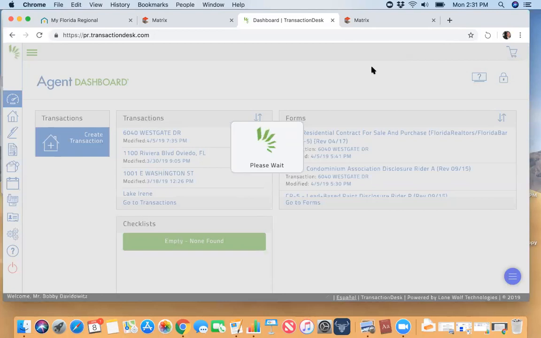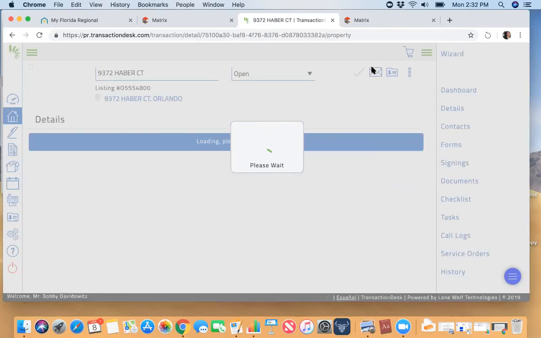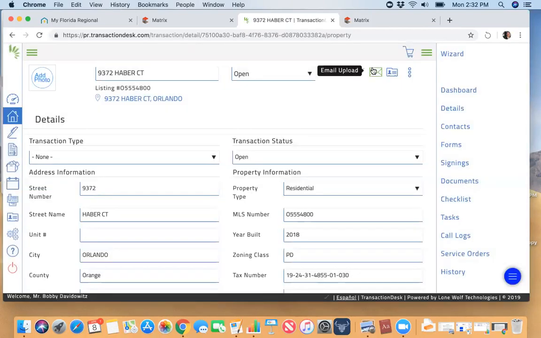So it's going to create a transaction specifically for this property. So anytime any contracts that I do for this property will be in this transaction, and I can find them easily. Okay, so if you look here on the right-hand side of the screen, this will take you to all